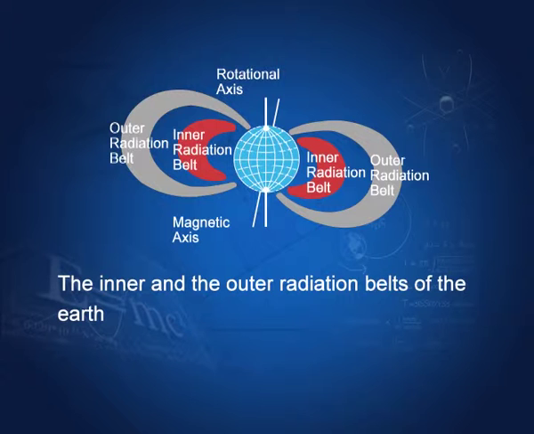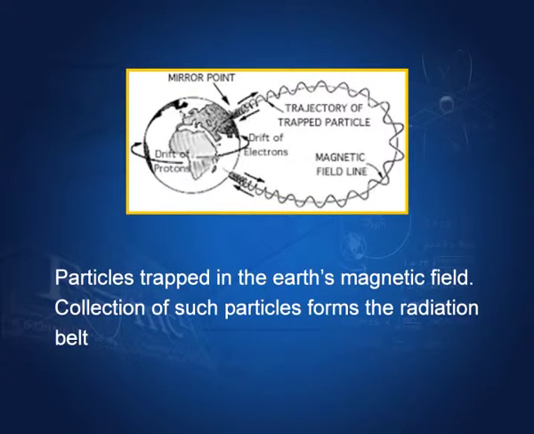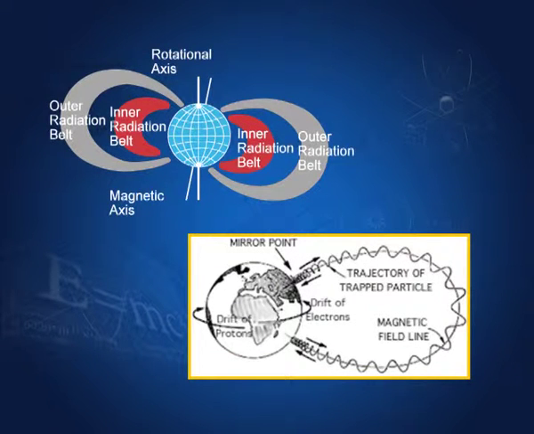And here I show you a more complicated picture. What is happening is the particle is trapped in the earth's magnetic field. It was coming, the poor fellow could not penetrate the magnetic field and it got caught in the magnetic field and starts travelling along it. As it goes, the magnetic field becomes stronger, the earth's field is like this. So, it is stronger, the field lines are more crowded here than here.